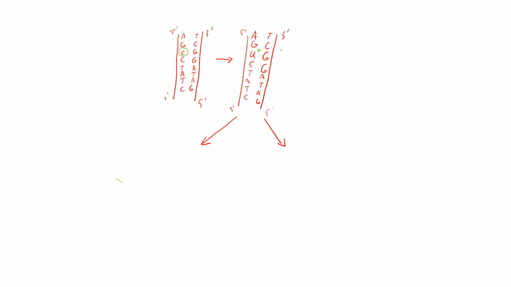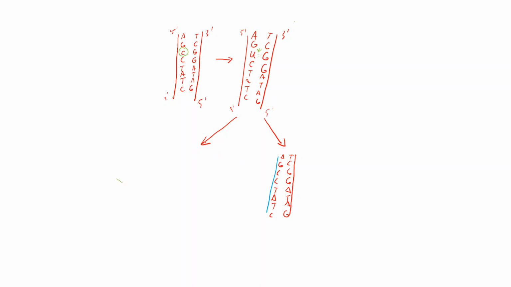copied, each strand here would act as a template. Now, one strand would be fine. So the one on the right, in which the deamination didn't occur, would look the same. Make the daughter strands a different color, and so we'll call it blue. So this one would be the same, or have the complementary sequence. So again, if this was the parent strand, T, C, G, A, T, A, G, then the other strand would again just be A, G, C, C, T, A, T, C,